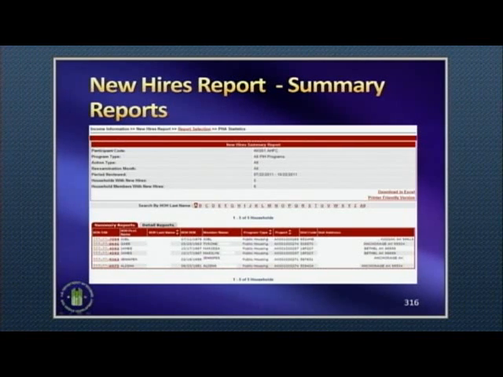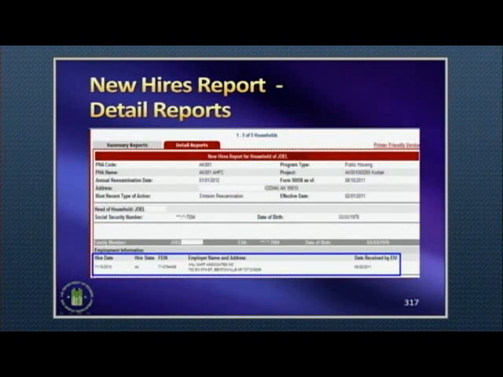Notice that your summary report is downloadable in Excel and a printer-friendly version, and lists the family information, as well as the program type, the address, and so forth. Basic information extracted from PIC. When you click on the Detailed Reports tab, this is where you actually see, notice in the blue box,